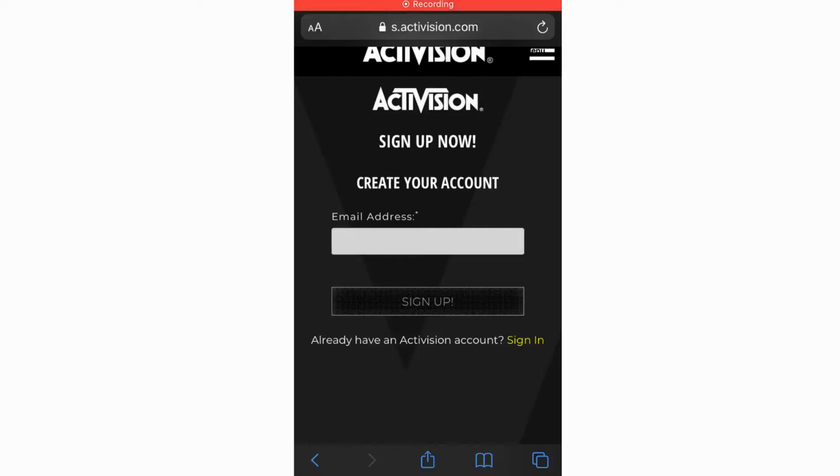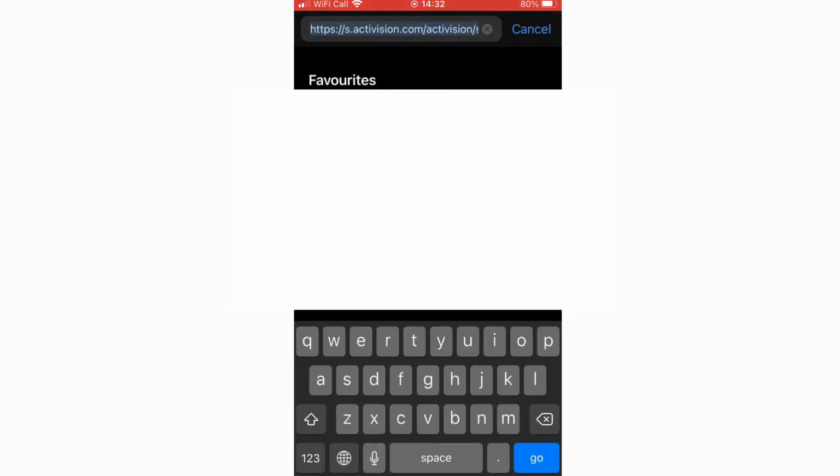How to make an Activision account on phone for Call of Duty Mobile and Warzone. So you'll be able to do this on any device, whether that's an iPhone, Android, or even on your computer. It's the same process, because all you need to do is go to a web browser, whether that's Safari, Google Chrome, or whatever, then type in the URL at the top there where you see it says